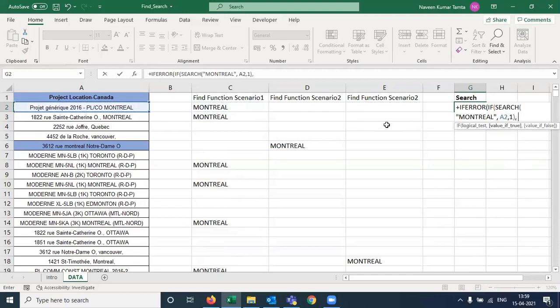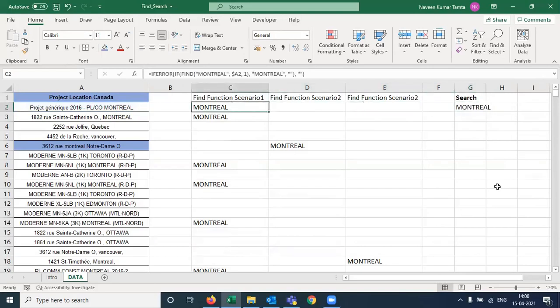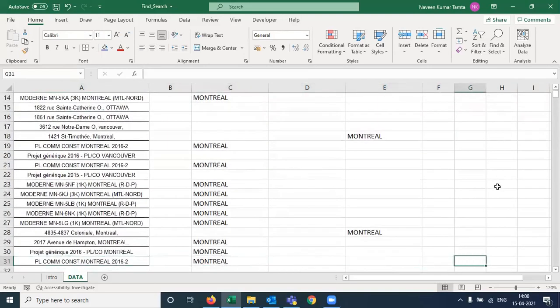Now if it gets the result, like if it's finding Montreal in this particular cell or in this particular column, it should return Montreal, else blank, or in case any error comes, then this should also be replaced by blank. Now I am hitting enter guys, and I drag this formula.